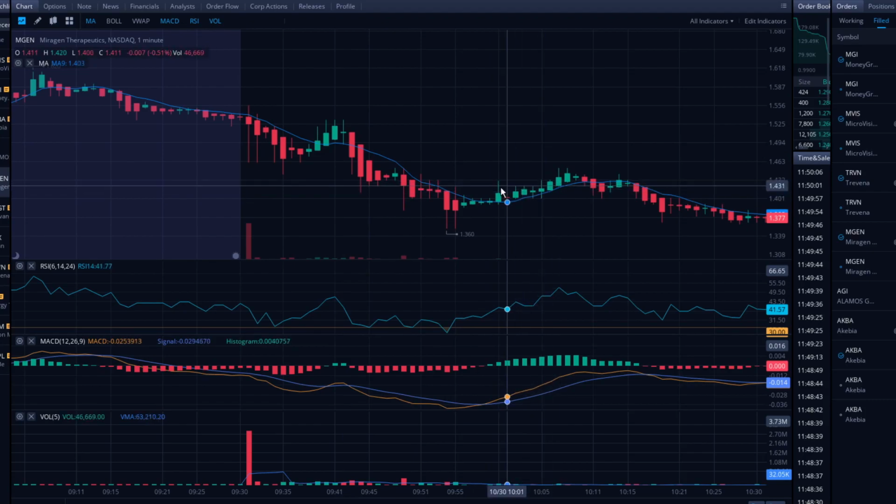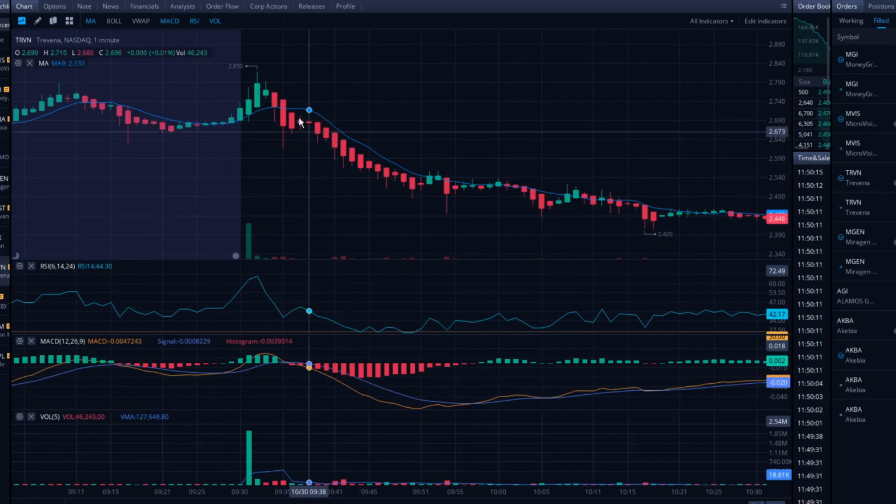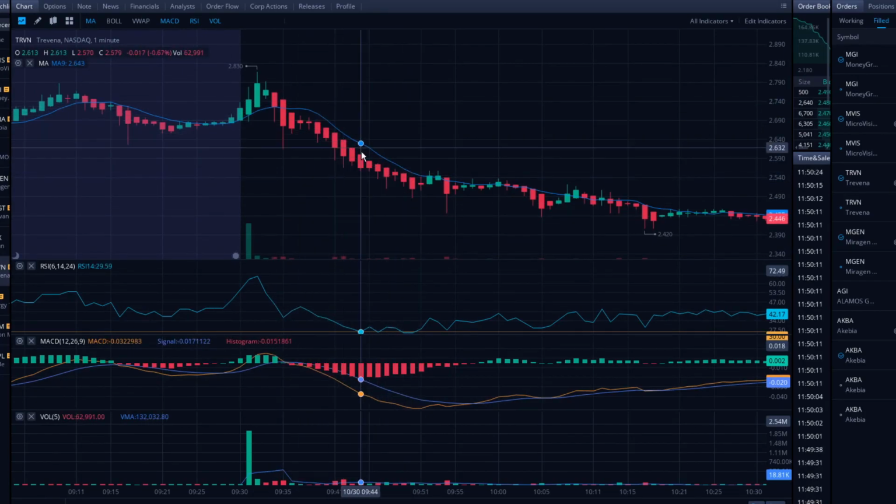And then I didn't see this, but once again, this would have been following the strategy and we could have made money there, but I just wasn't following it at that time because I was too busy trading TRVN, because I had just tilted to the point of now MGEN lost me money.